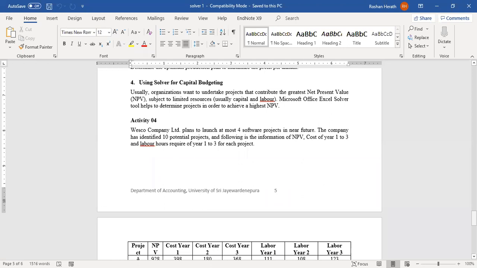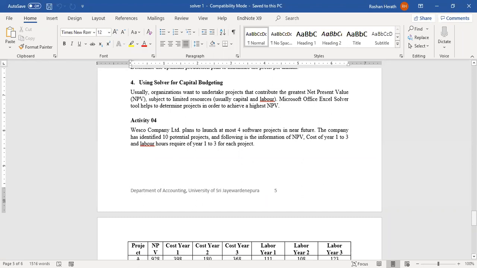Resources are always limited. Sometimes you may have adequate finance to undertake a project, but you may not have enough labor to do that. Sometimes you may have enough labor, but you may not have adequate finance. Likewise, organizations are always constrained. That is the reality. So when it comes to such constraints,